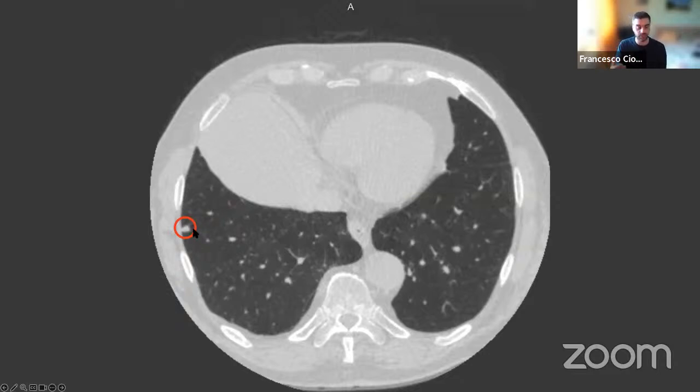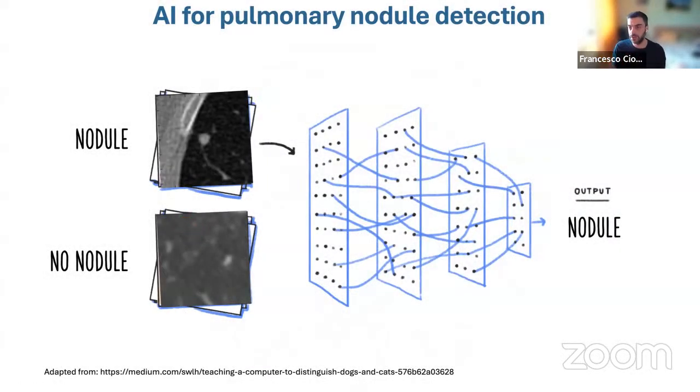So you can imagine if you want to screen for lung cancer, first you have to find nodules. Probably most of them are benign, but some are cancer, right? So the first thing is to detect them. So how do you do that? Well, you need manual annotations of lesions like this. It's a solid lesion. And then you can have the typical trick of training a convolutional neural network to do patch classification, or if you have worked with object detection models like Faster R-CNN or YOLO, you can also use that type of model.